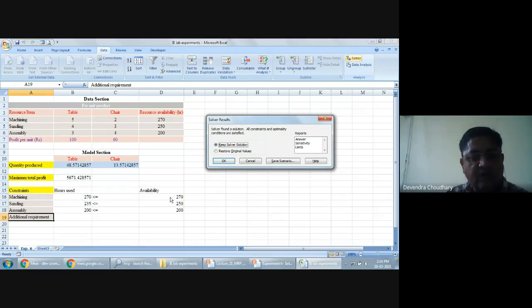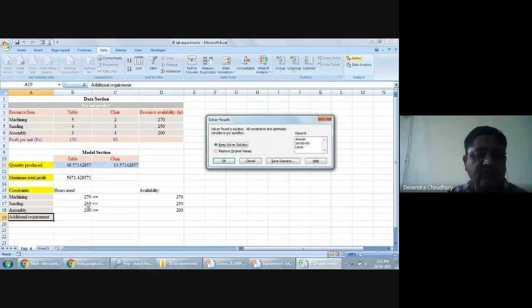If you compare the left hand side and right hand side of the constraints, you see you have completely used resource 1 and resource 3. That is, the machining and assembly resources have been completely used. But the sanding constraint is idle for 15 hours. 250 was the availability, but you have used 235 hours.